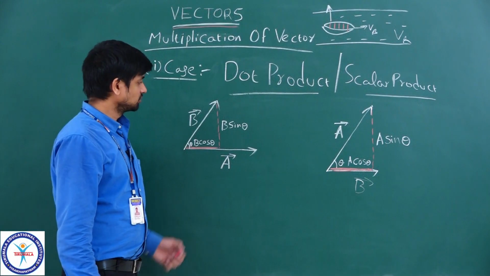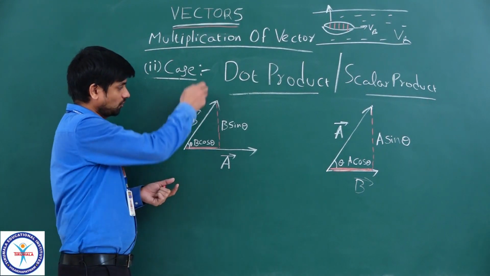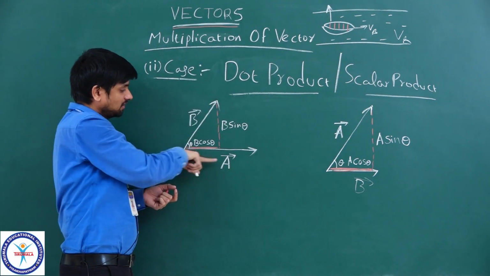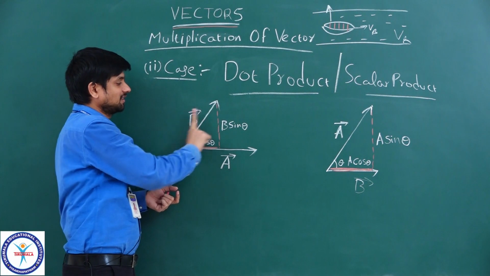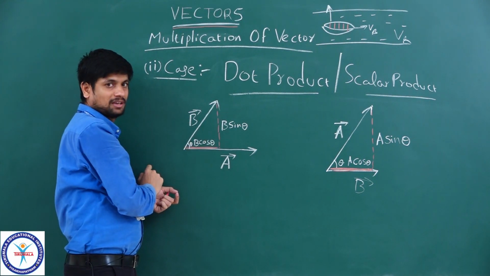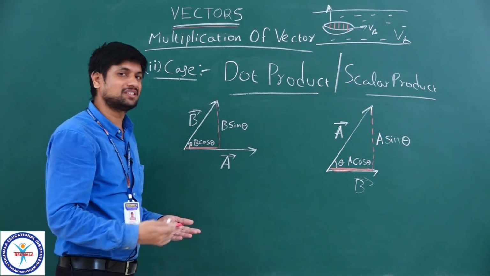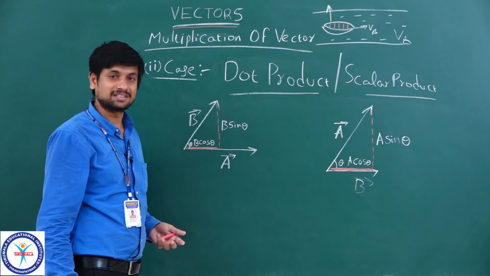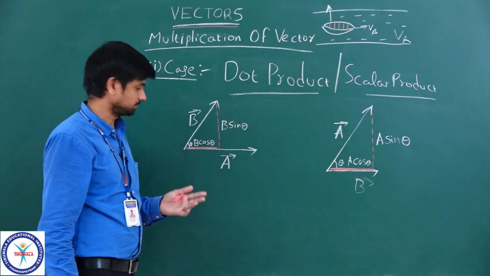See children, the projection, I am using the word projection, horizontal component. Look at this, for B, this is the horizontal component B cos theta, and its vertical component B sin theta I represented here. So every line in this space will have horizontal and vertical components, for every physical quantity. We are assuming it in that way.